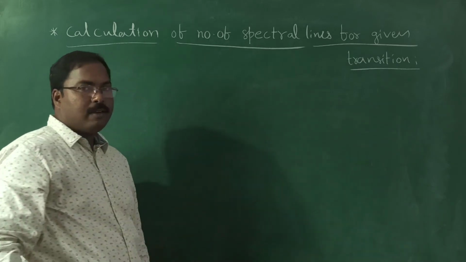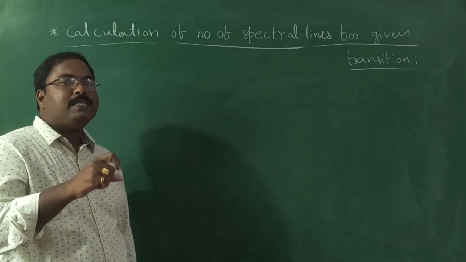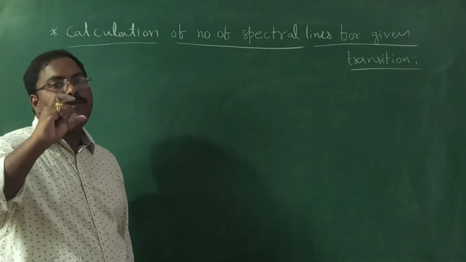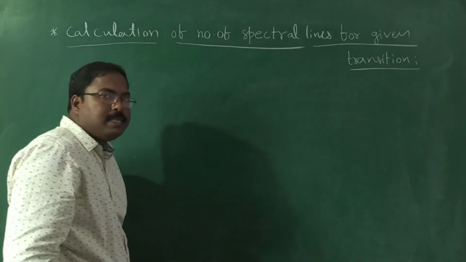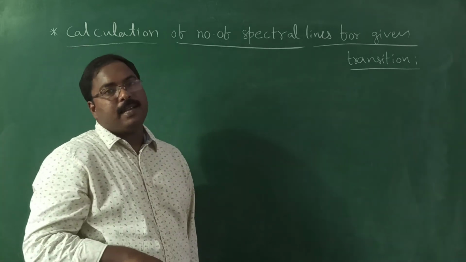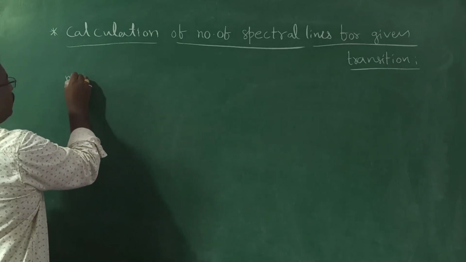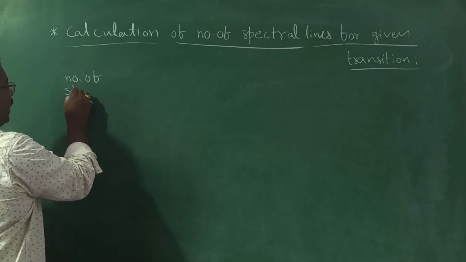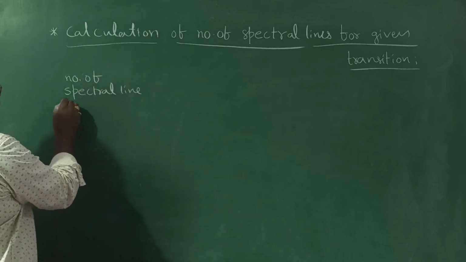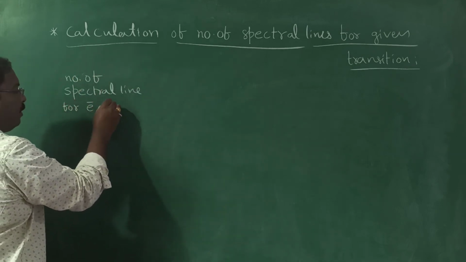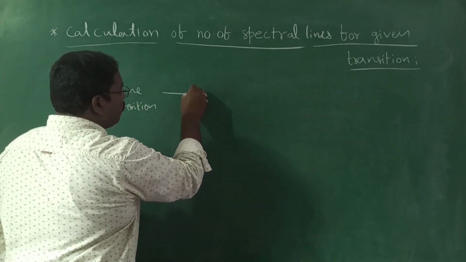Any type of question they ask related to this. Okay, in different materials they will give different formulas, but some formulas are not applicable in every case. So I will give you one formula which will be useful to solve any question based on spectral lines, even to the JEE Advanced level. Okay. Now the formula to calculate the number of spectral lines for electron transition from any orbit to any orbit.